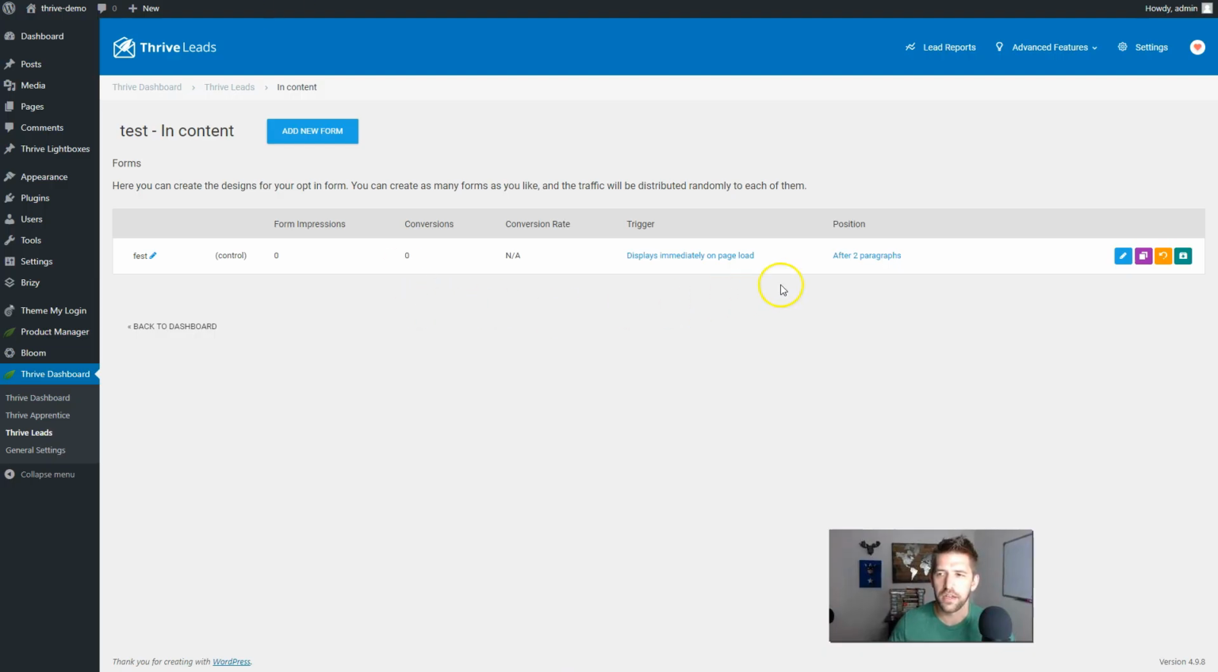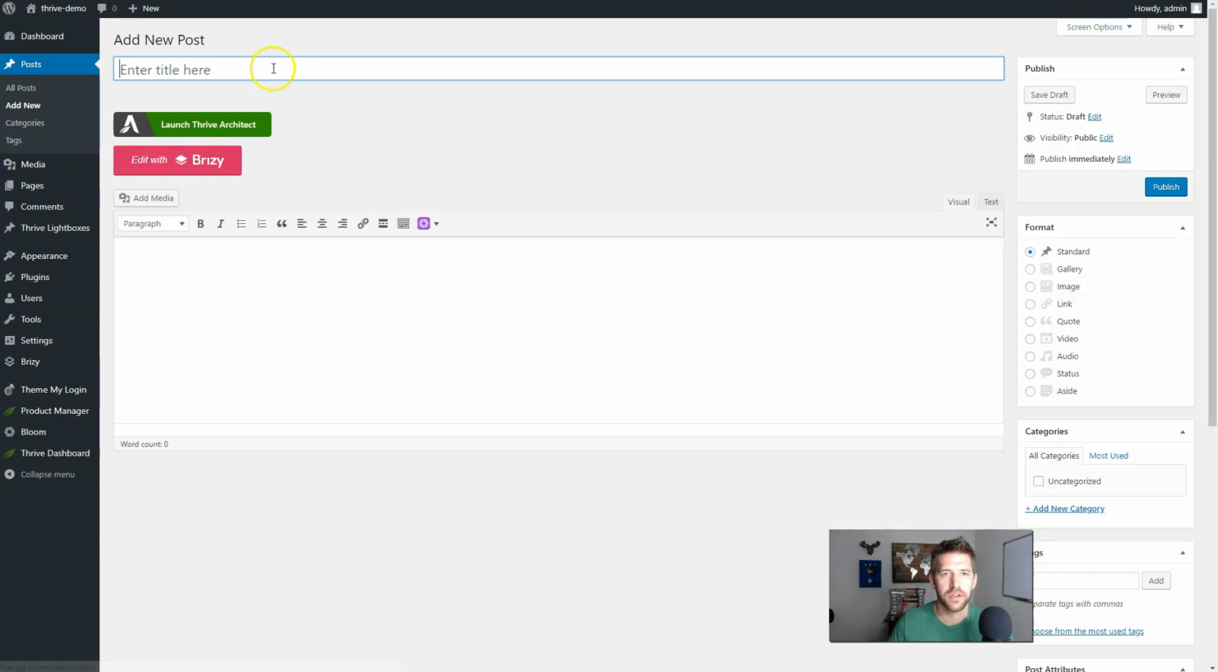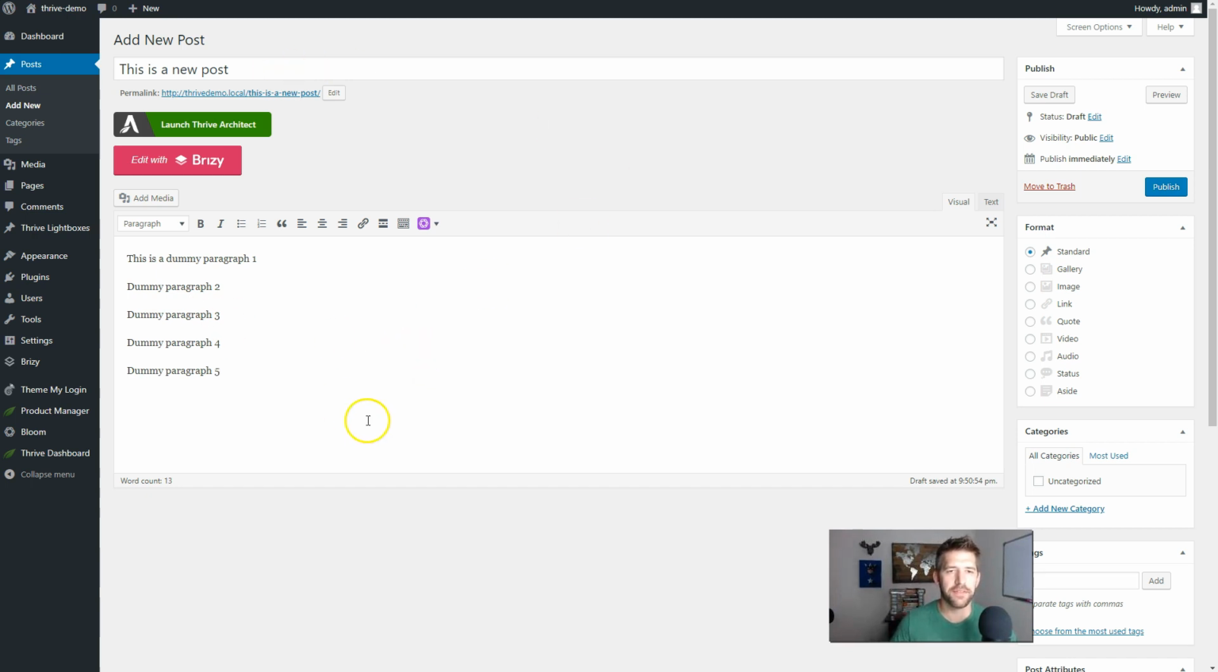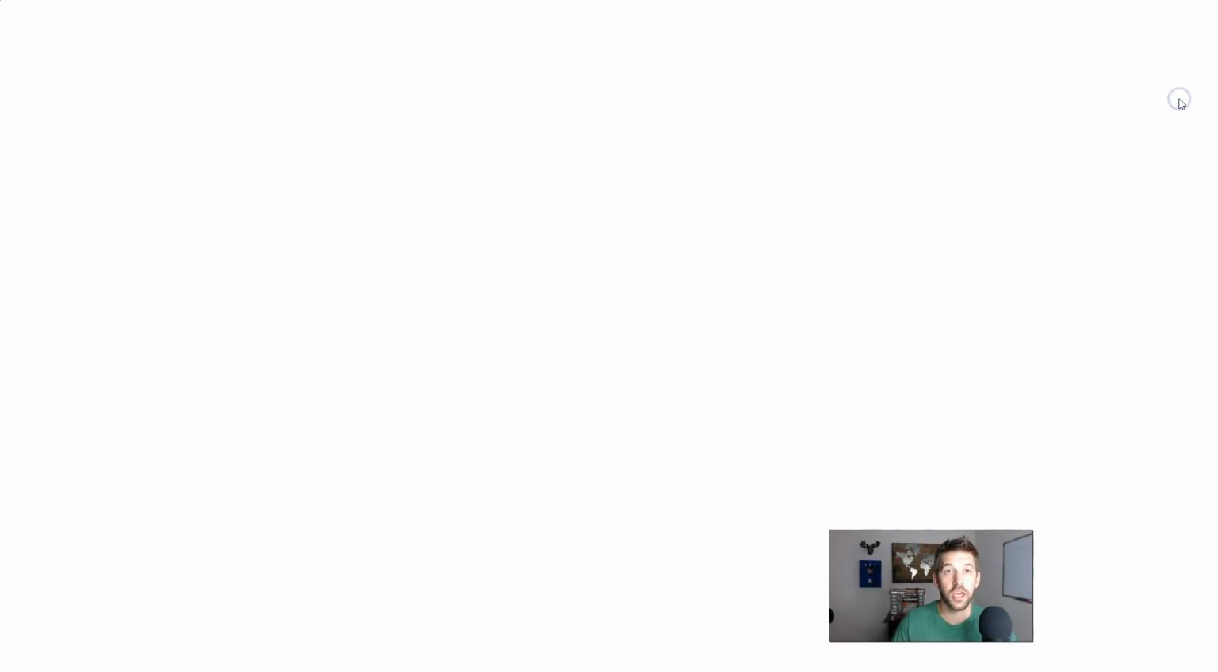And then if we go back, we don't even need to embed this. If we were to make this as a shortcode, we could put it in, but this was actually created as an automatic form. So this is a new post. So if I create a few dummy paragraphs real quick. All right, so I've made 5 different dummy paragraphs, and if I preview this, what I hope to see,